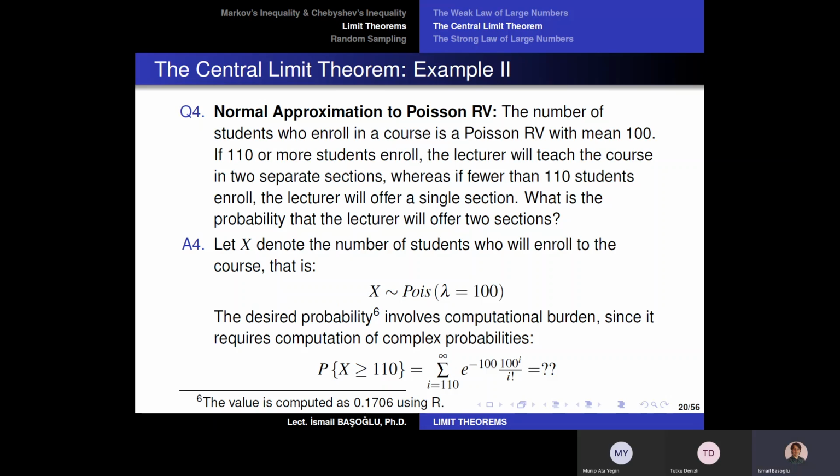Now let us run another application about the central limit theorem. This time we are going to apply the central limit theorem to the Poisson random variable. Now the question here says that the number of students who enroll in a course is a Poisson random variable